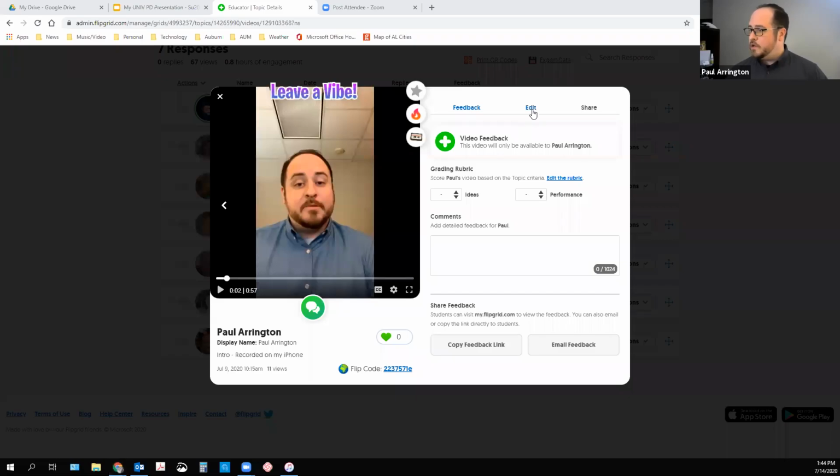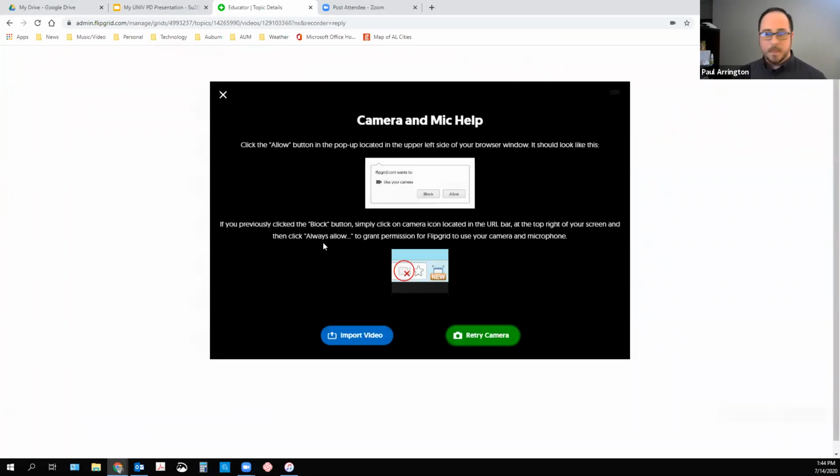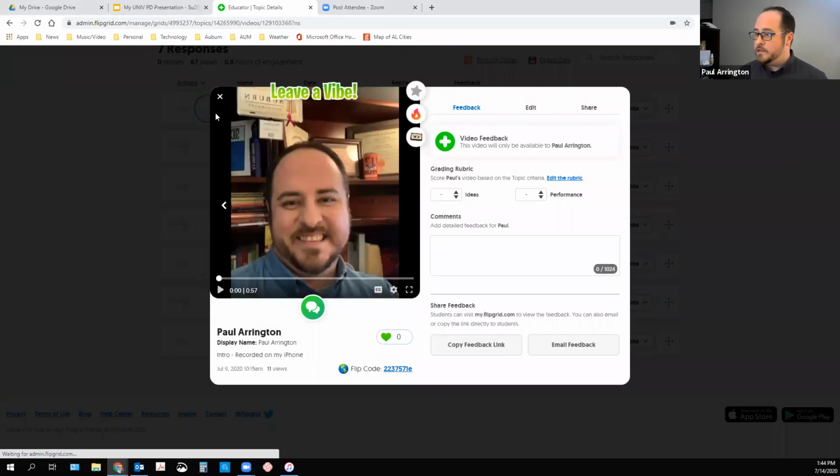And then you can also go in, and if you were going to use it for an assignment, you could add points. So if you wanted to use this for part of your week's participation points, you could do that. And that would certainly be something that you could do all right here. And again, you have access to this both on your phone and in a computer. And so I could really easily just click on that, record a short response, and then the student would be